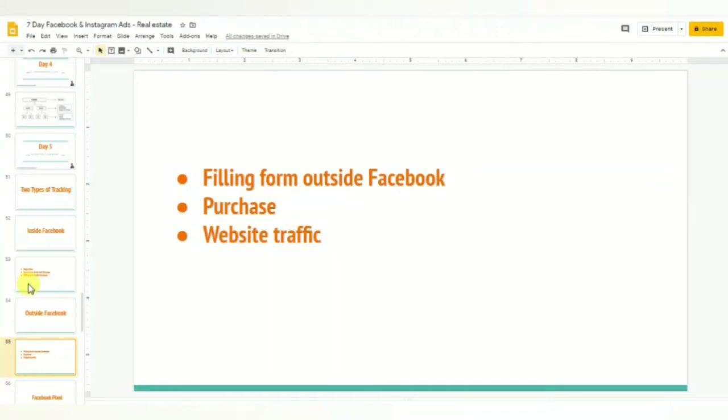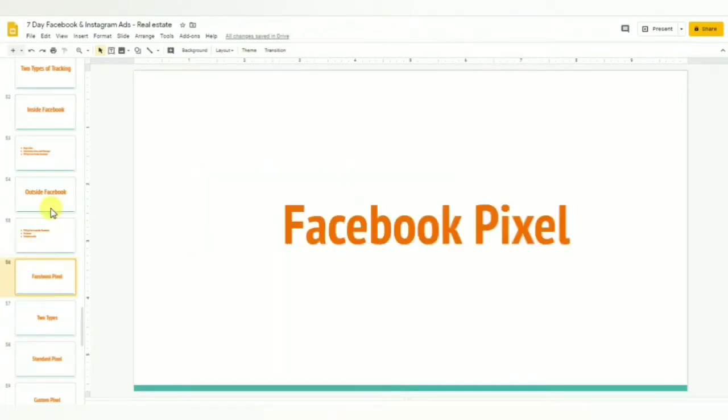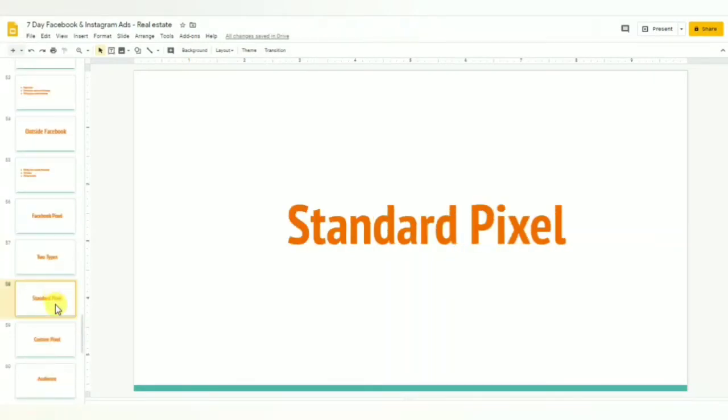Okay, so now you understand the two main types of tracking on Facebook. For outside we need Facebook Pixel. Facebook Pixel has two types. Number one is the standard pixel, and number two is the custom pixel. With the standard pixel we can track the complete website. We don't have to track a particular page or anything.